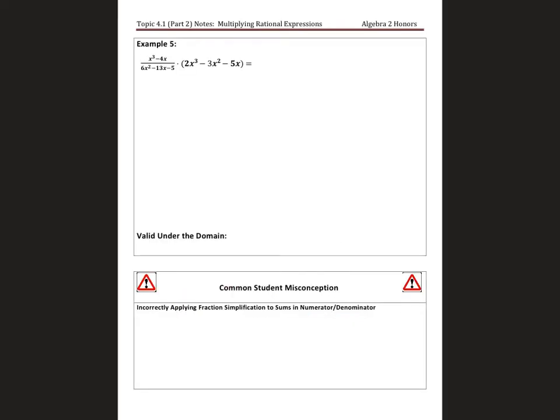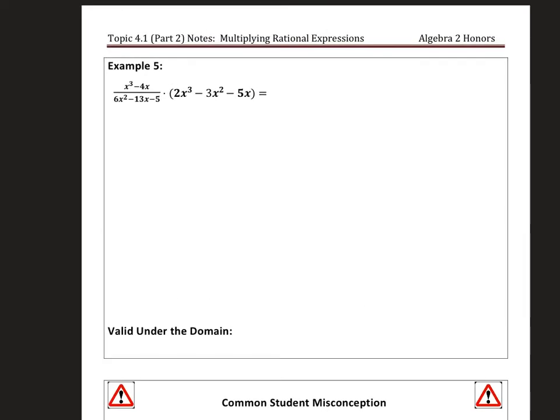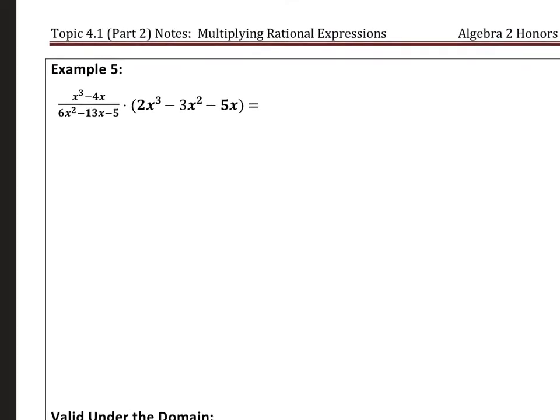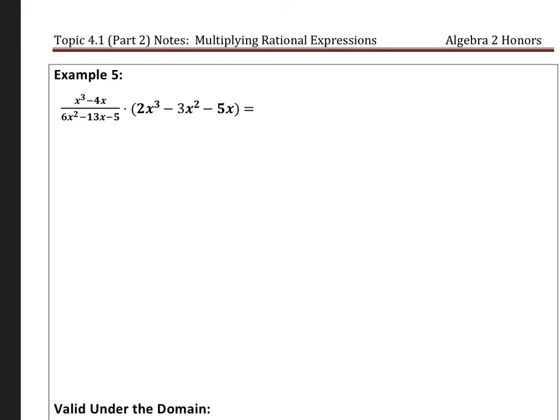Okay, I have one remaining example for you, and I'm doing this problem to show you just how really complex some of these problems can get. All right, so we have an expression here, a rational expression on the left, and then we have a polynomial to the right, which we're going to assume is over the number 1. And we've got a lot of factoring to do. So I'm going to start here with this piece. I'll put it in blue. So that we can factor out an x. So I'm going to take an x out, and I'll have x squared